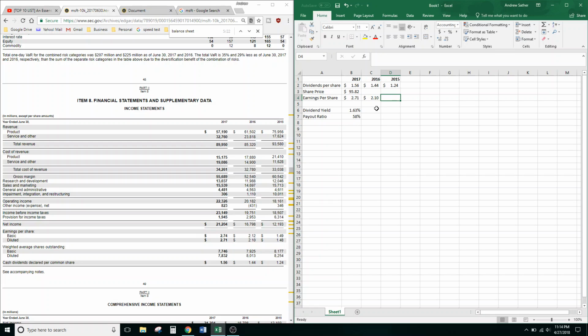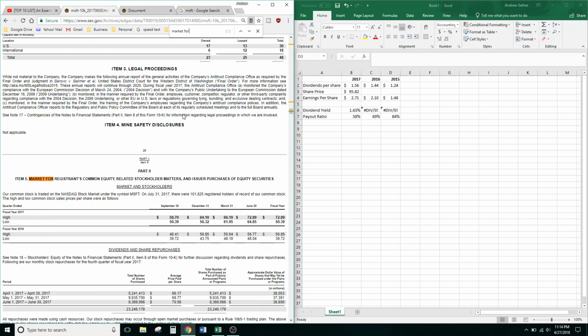So let's fill out the rest of this, and I want to show you one last thing on the Excel spreadsheet, and then we're going to move on to some of the really important stuff that will be very applicable to you if you're going to be a dividend investor at all. So obviously this can just be calculated moving forward, and let's use our special trick again, and let's just pick a couple of these